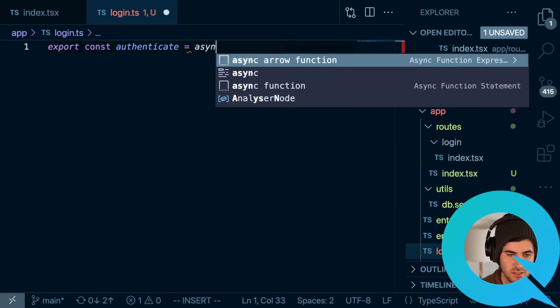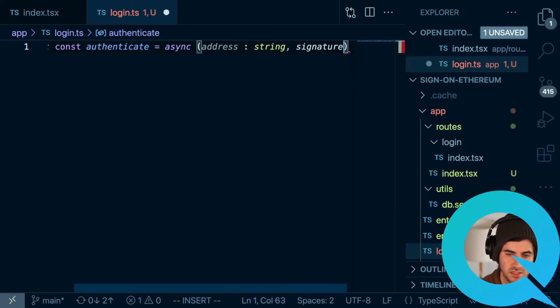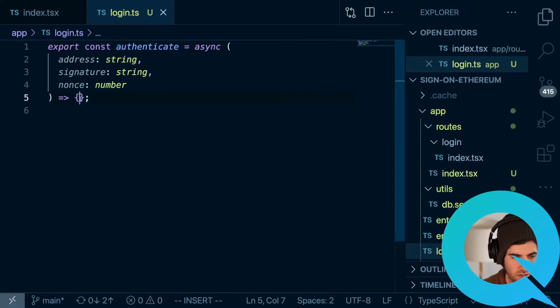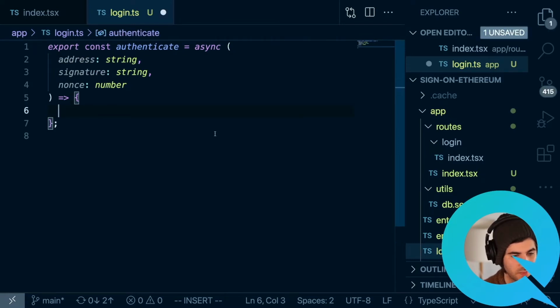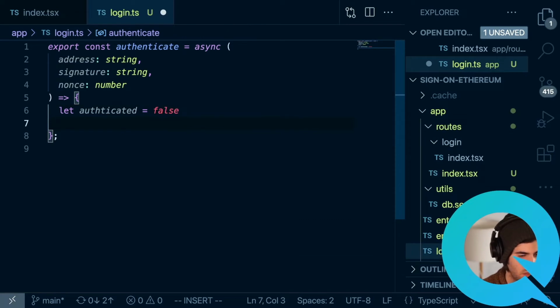Authenticate is going to be an asynchronous function, and it's going to take an address that's a string, a signature that's a string, and a nonce that is a number. With all of that, we're going to say let authenticated equal false, and then we'll say const decodedAddress.